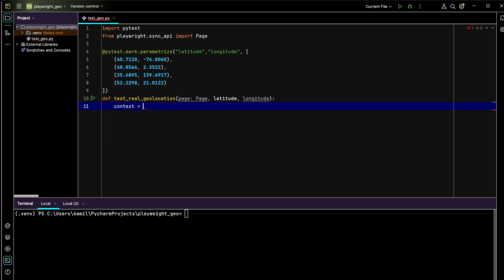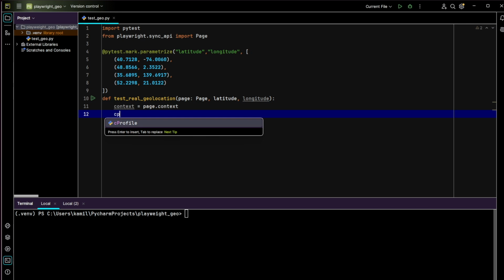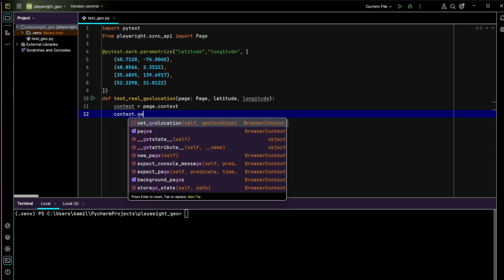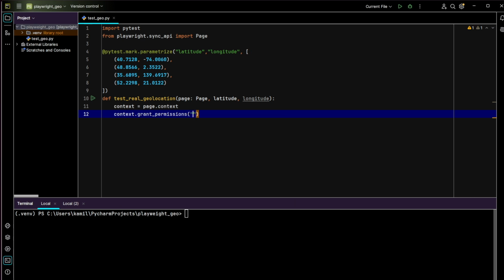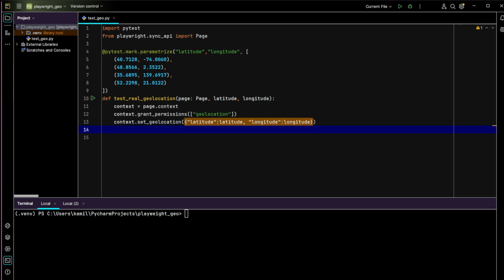So context equals page.context, grant permissions for geolocation, and context.set_geolocation with latitude and longitude. First, we retrieve the browser context, then grant permission for geolocation, and finally set the latitude and longitude for our